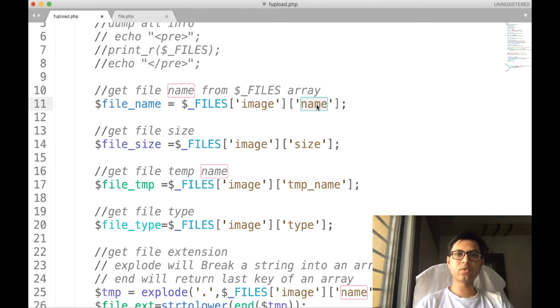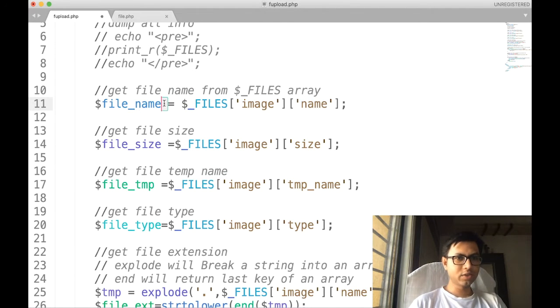Name will be used to return the file name from that whole path. That is stored over here in the $file_name variable of PHP. So we are declaring this variable over here and also assigning the value over here. So right now we have a variable which contains the file name.